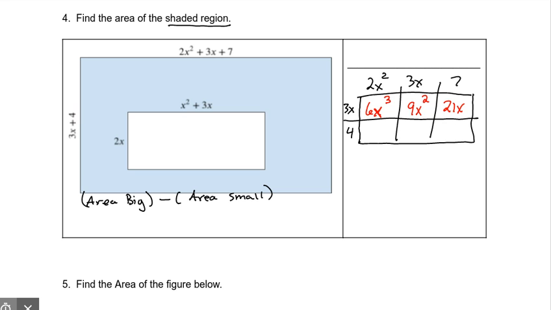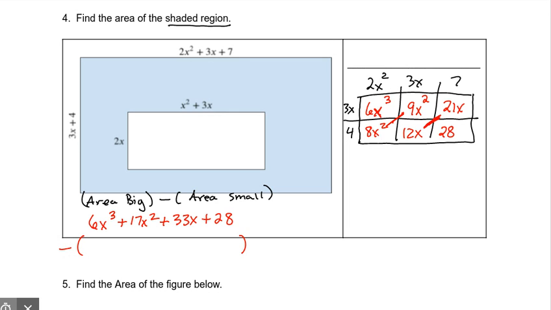And I'm down to the 4. 4 times 2x squared is 8x squared. 4 times 3x is 12x, and 4 times 7 is 28. So when I combine my like terms, the area of the big part is 6x to the third, add my x squareds, 9 plus 8, that'd be plus 17x squared. Add my x's, 21x plus 12x is positive 33x plus 28. And I am subtracting